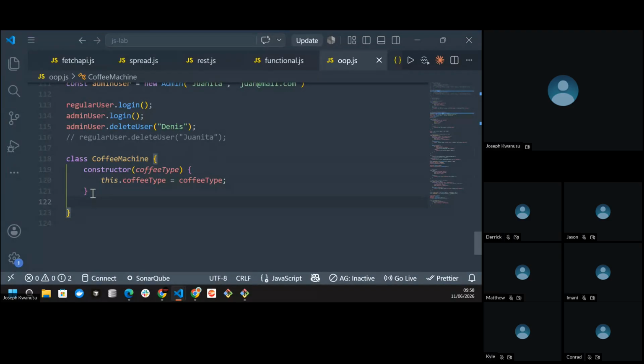We pass in the method makeCoffee. This is going to be a method that is going to be used to make the coffee we are going to be making. With this coffee maker, we have said we are hiding complex things from being shown to the user. And abstraction is basically